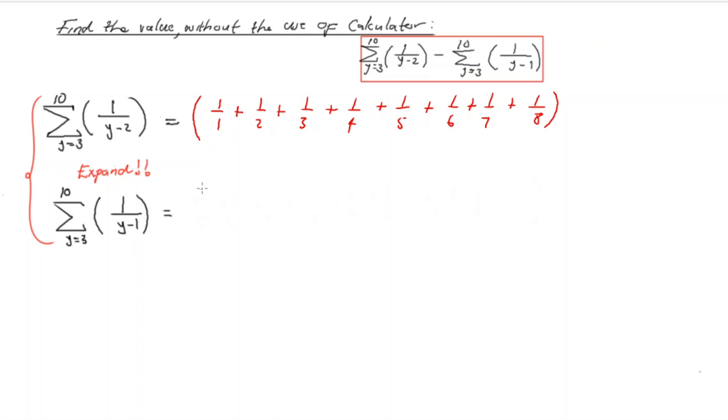And then for the second expression, for the second sigma notation, I will go ahead and substitute here. Where there's a y, I'm going to substitute a 3. I'll have a 1 over 3 subtract 1, I get a 2, plus for the second one I substitute a 4, I get a 1 over 3, because 4 subtract 1, I get a 3. And then for y equal to 5, which gives me the third term, I get a 1 over